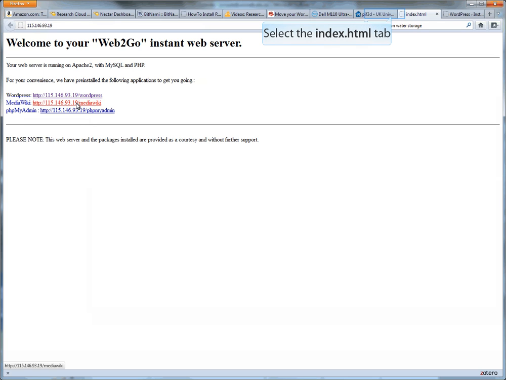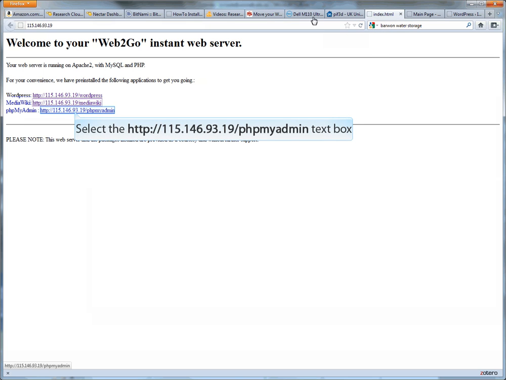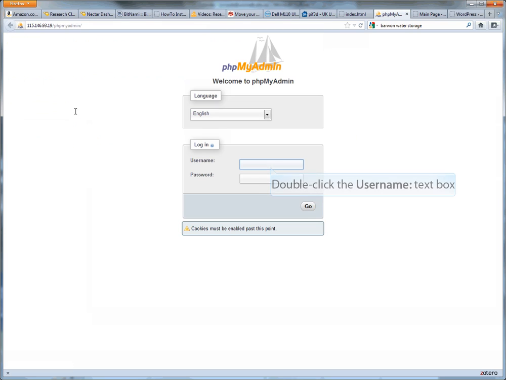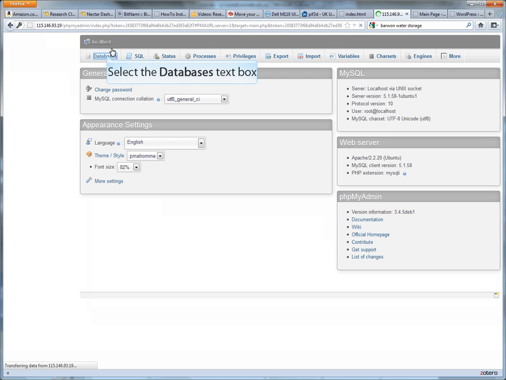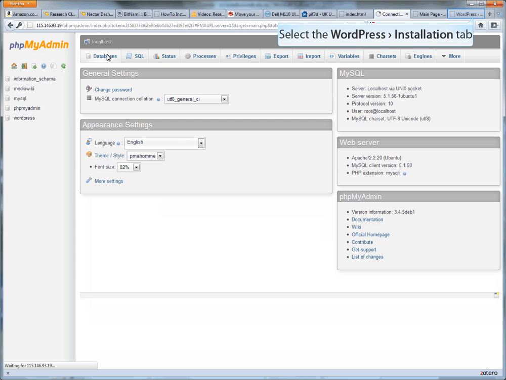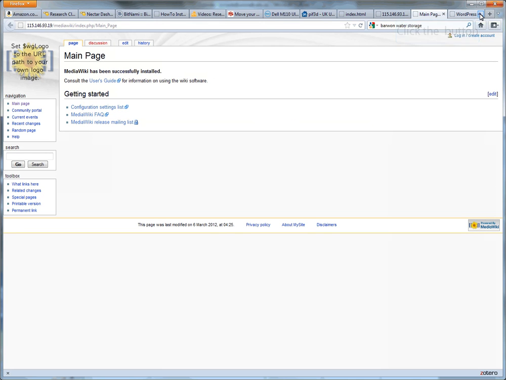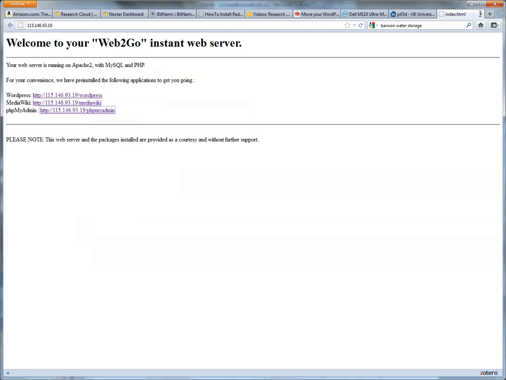which is already up and running, and I've also got phpMyAdmin, so I can jump into that as well. And if I go to root here, it'll actually use the password that I sent through. And you can see from the databases that I've got MediaWiki and WordPress in there. And I can add in more as well. Now the thing I need to do now is start up